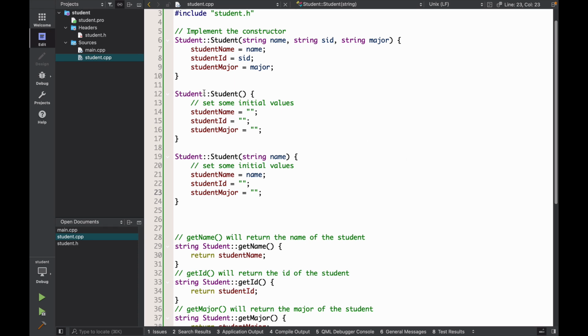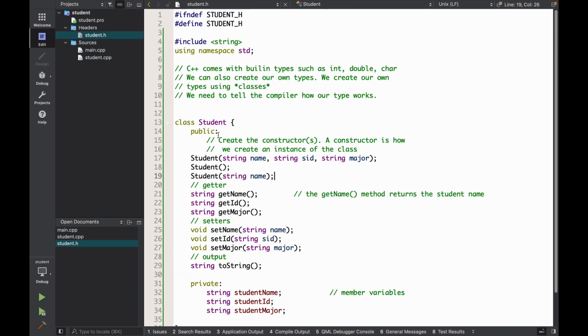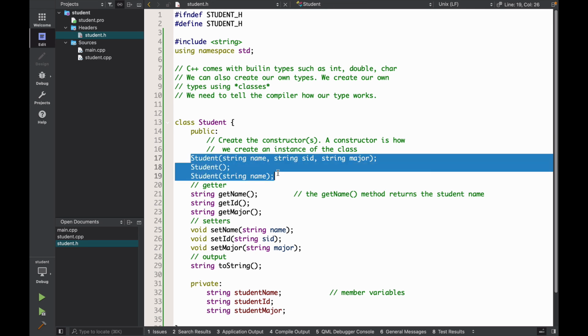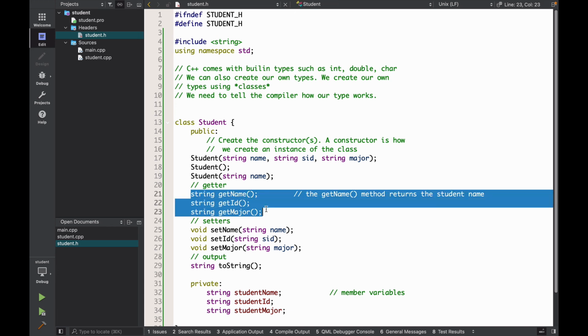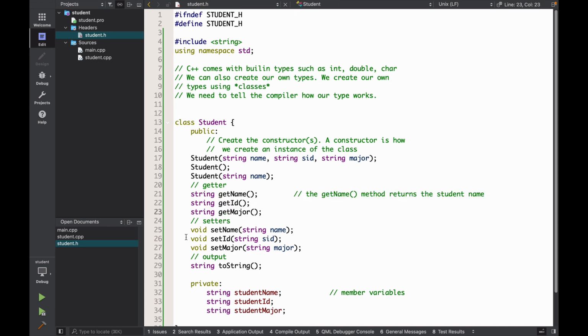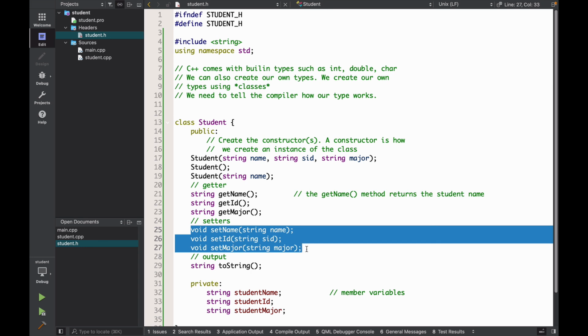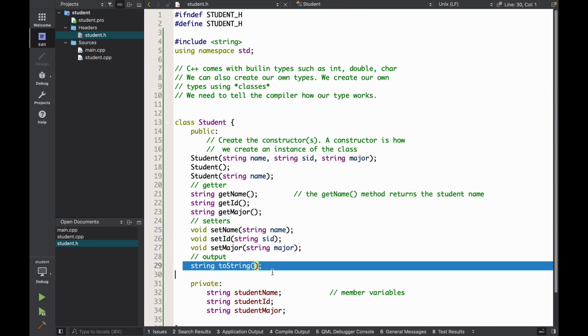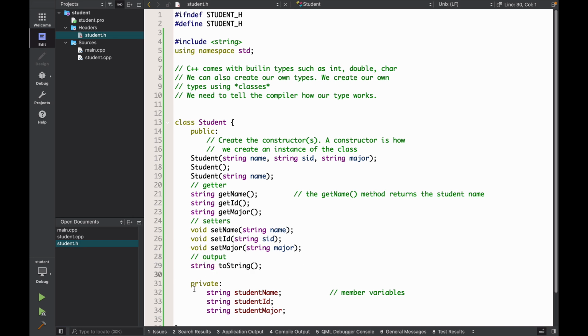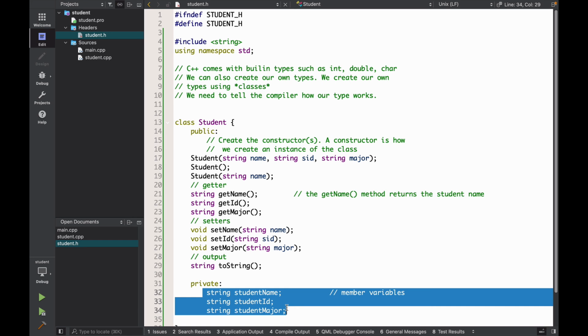You must always start with declaring the class to the compiler, declaring what constructors you can use, declaring the getters, if there are any, declaring the setters, if there are any, of course, declaring a way to output the class objects, and of course, we must always have private variables that will allow us to store what we need to store about the object. In this case, for every object that is created, we need to know its name, its